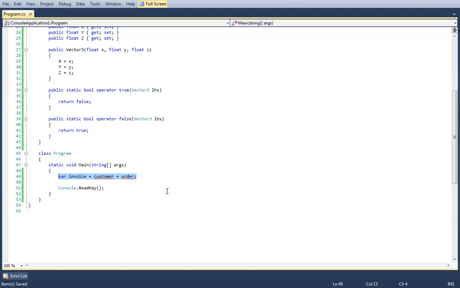They thought, well, if I add an order to a customer, then I should get an invoice back. No. If our invoice equals new invoice, sending in a customer and an order. But yeah, in all seriousness, and particularly with these, for goodness sake, don't go looking for most of the ones that make sense.